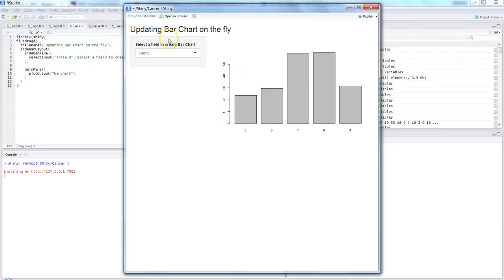So here is a bar chart, and the title is basically updating bar chart on the fly. I have different fields which are getting displayed over here, and the objective is that based on these numeric fields my bar chart value should be updated, and the values at the x-axis are the month value, which will remain the same. So if I select solar.r or wind or temperature, my bar values are updating automatically without changing any code or